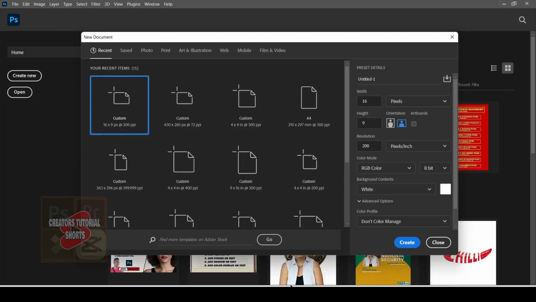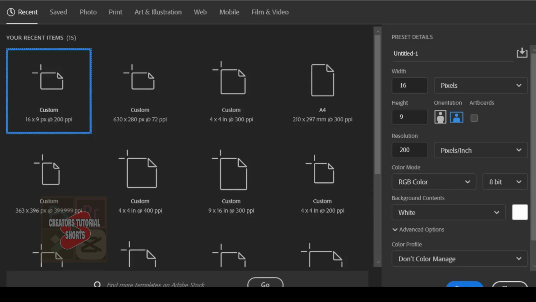So now let's start our project. I'm using Adobe Photoshop 2021 and first we must set our project. We must set our project to 4 by 4 and 200 resolution with a white background, then create. Next,